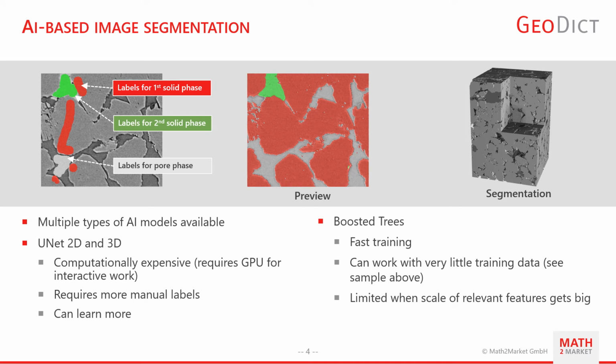The U-Net-based deep learning methods require more training data, but they perform very well on samples where you have big features, like for example a FIB-SEM of a cathode, where you have only a few big grains and you need to somehow capture the shape of the grain to understand if the pixel you are currently looking at is part of the current slice or if you are just looking into the depth with the SEM microscope.